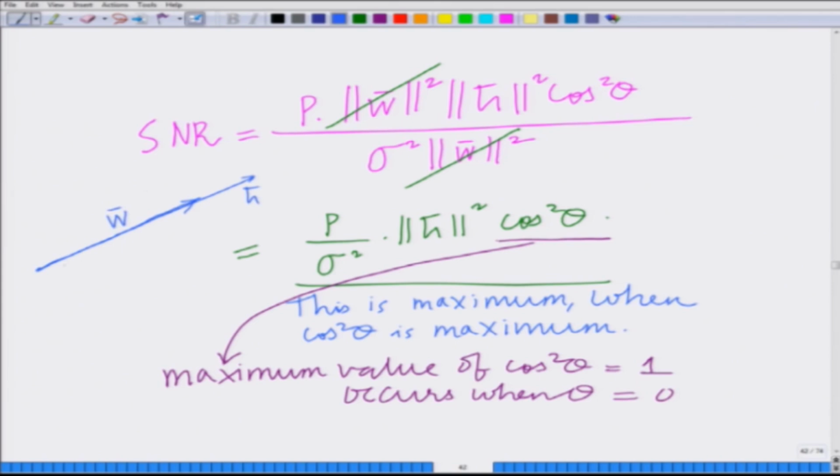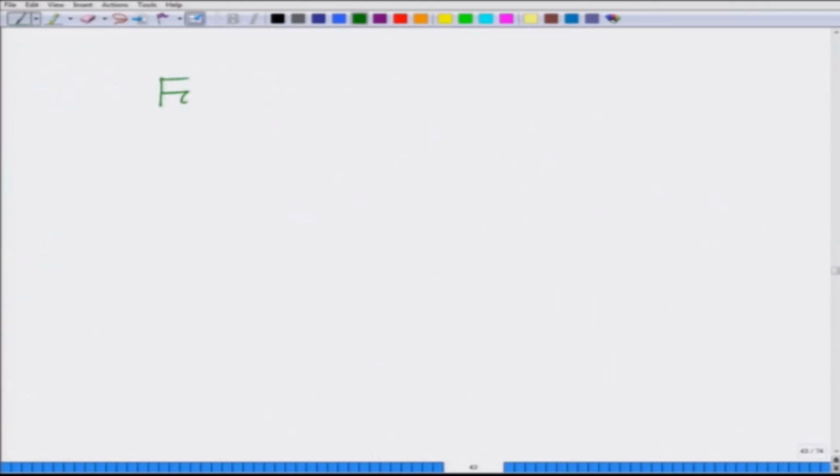The W bar and H bar have to be pointing in the same direction, that is, W bar has to be proportional to H bar. For SNR to be maximized, W bar has to be along the direction of H bar, or vector W bar has to be proportional to H bar. Therefore, for SNR to be maximized,